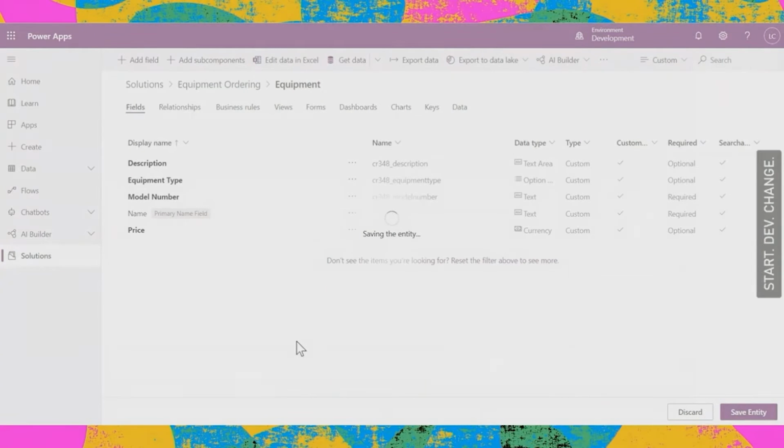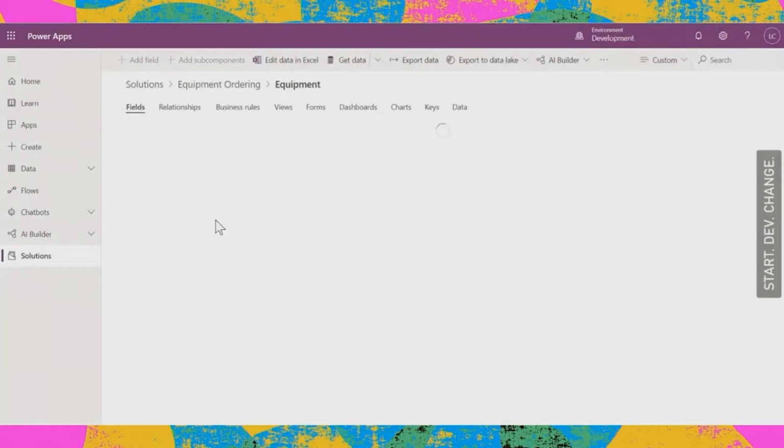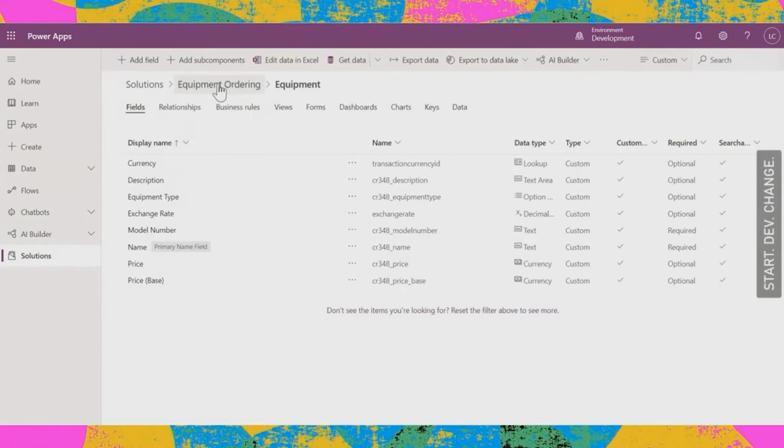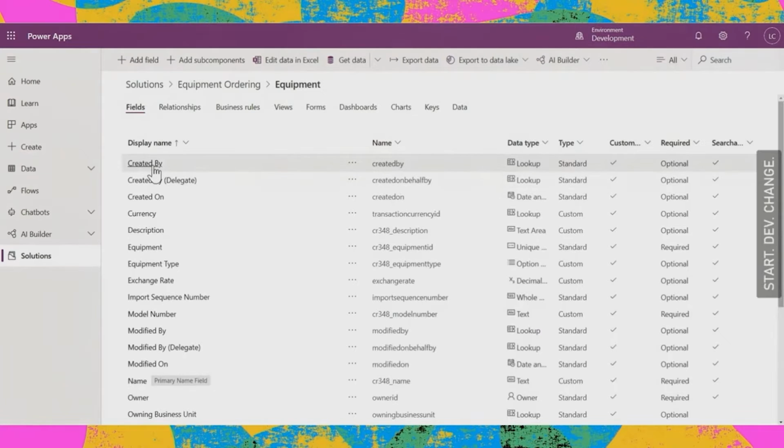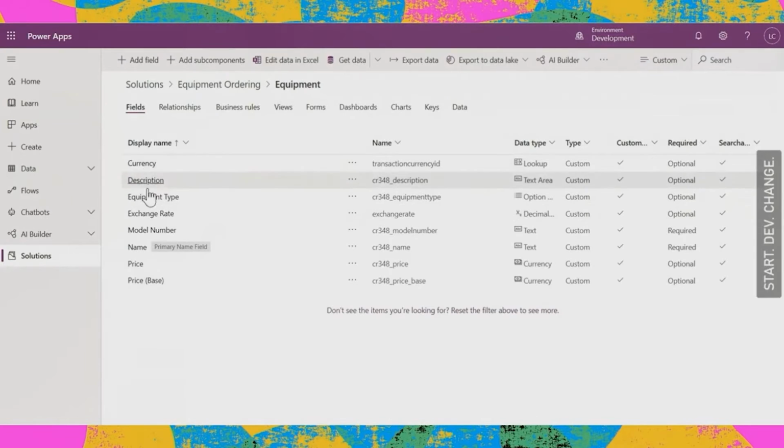Now, what we're seeing on the screen there before I saved and as it comes back up is the fields that I've created. Those are my custom fields there. But I just want to show you what's going on behind the scenes in the background here. I've got a filter so that I'm just seeing the ones that I've created. But if I see all of them, when you provision a new entity in the Common Data Service, it creates a whole lot of scaffolding behind the scenes here. You'll see there's bits for owner, created on, created by, modified on. I didn't create any of that, you saw me build this. That is just done for you and helps you to manage all of the records in the database. I find when I'm building, it's easier just to look at that custom view as well.